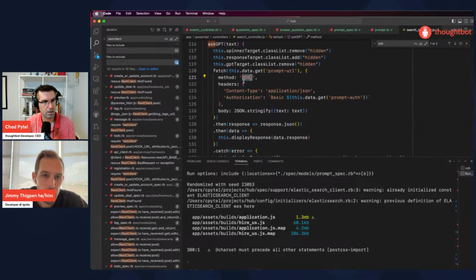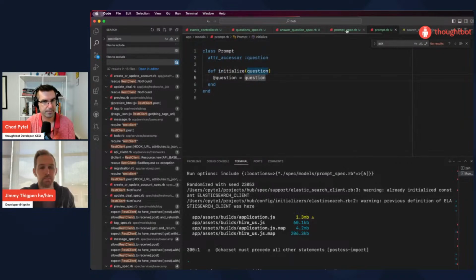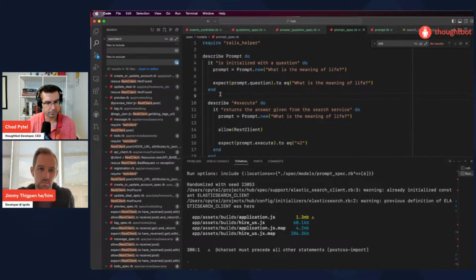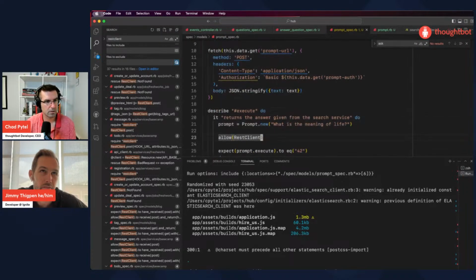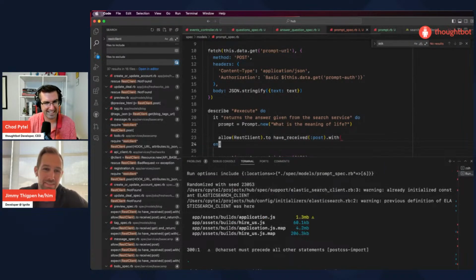Cool. So we can just use this as a model for what we're doing. And I wonder, the commit for adding this functionality to Hub was so small. It's just, a lot of it's in that search service.